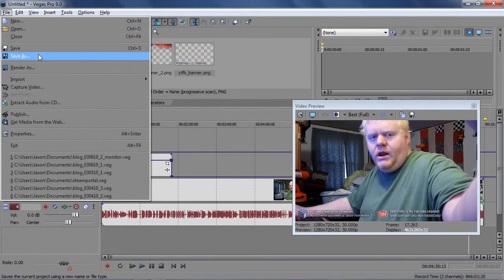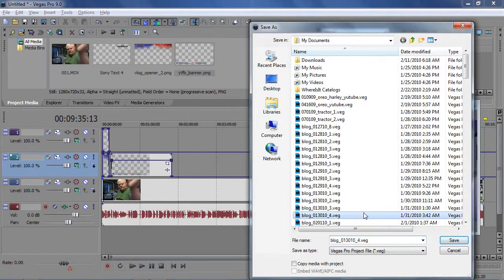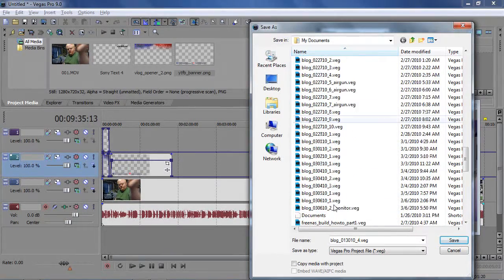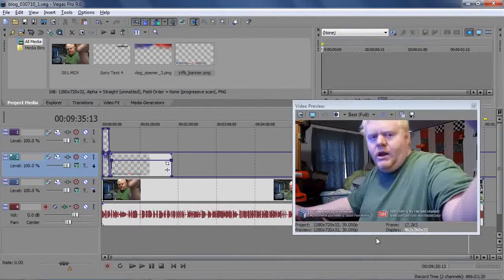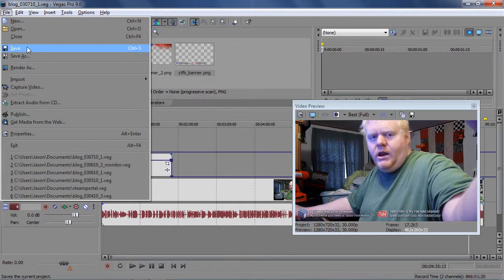First I'm going to save the project, and as you can see I have all my blogs here. Blog project save. This will be 3/07/10, March 7th, 2010, and I have a 1 at the end because it's my first blog of the day. So now the project's saved. You definitely want to save your project often. I should have saved it every 2 or 3 steps, because Vegas can sometimes be finicky and crash on you, but it's well worth it